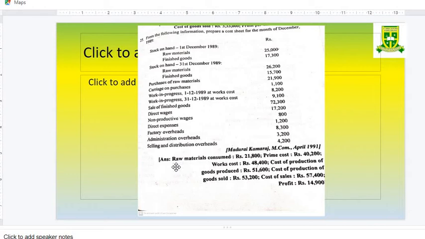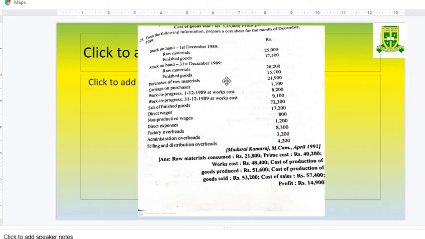So opening stock plus purchase, plus any carriage inward, less closing stock will give the raw material consumed for the current year. So first December 89, we have two things, raw material and finished goods. So this is the opening stock of raw material as well as the opening stock of finished goods. And the next one is stock in hand on 31st December 1989, which is the raw material and finished goods closing stock. And the purchase of raw material is nothing but what was purchased during the current year. So this has to be added at the start itself to know the direct material consumed for the year.